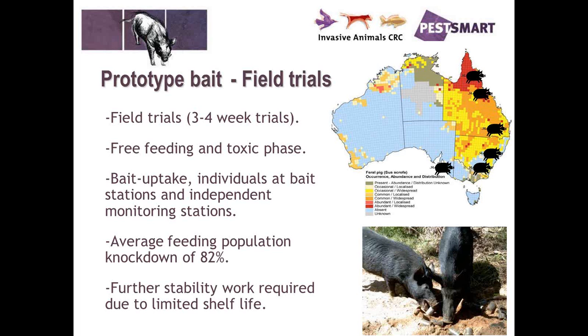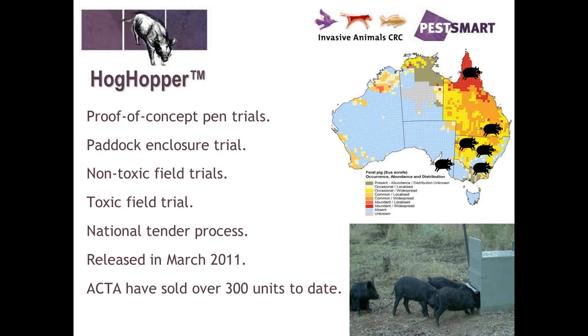Now the HogHopper, which is a product that came about through pig work in the Daintree area, where there was a large number of non-target species. We thought it would be great if we could exclude non-target animals from getting access to poison bait, and quickly learnt that something of that nature would be very good in a number of other areas. And also if it could hold a large amount of bait, you could put it in areas that you don't have to go visit every day, which would be fantastic.